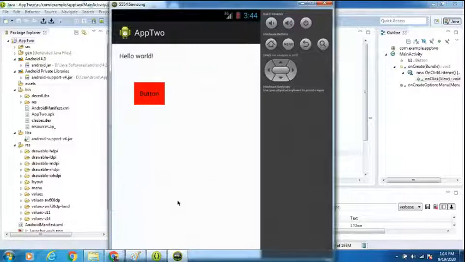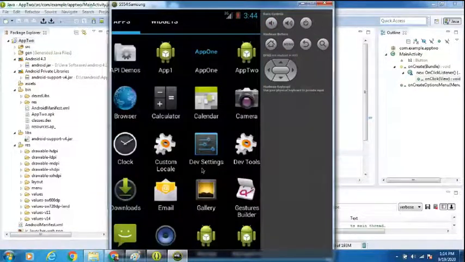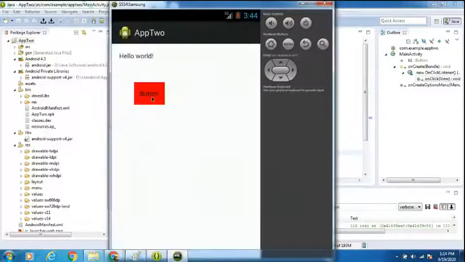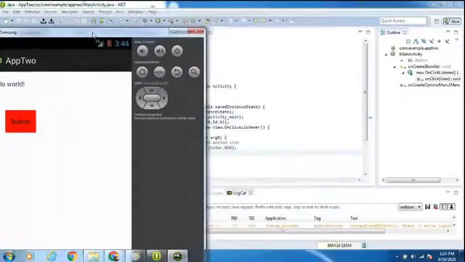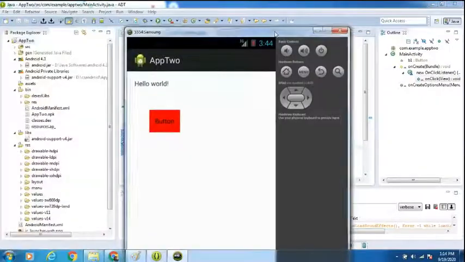Okay, this is the previous application. When I click on the button, I got red color. We shall go for my app 2. Home button. We shall try to search for my app 2. Just check here if my app 2 is present or not. App 2. Okay, we applied red color. Right, right. We got it here, please. You can see the color here. Color dot red. Background color is red. We got it. Can everyone see it, please?